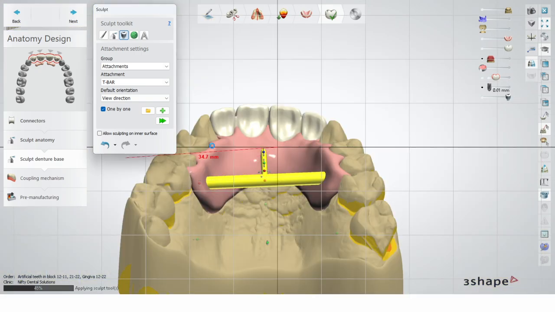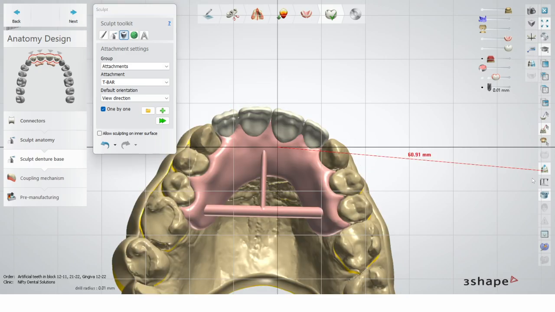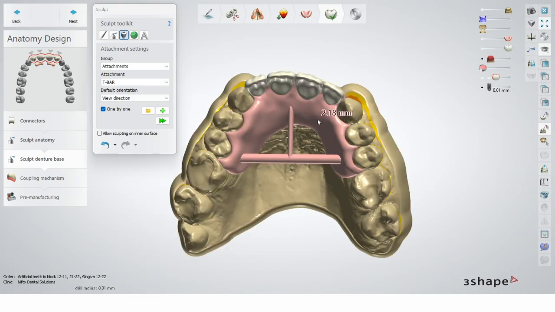Now, usually we set 2 T-bars for the upper and a T-bar and a bar for the lower. If you print with Carbon, if you print with Asiga, it's 2 bars in the back for a lower. But for partial, there is not really much indication here, but it becomes intuitive after a while where you have to support the dentures.